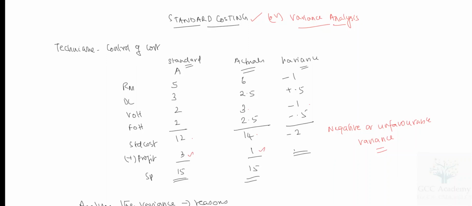And we need to analyze the reasons why this 5 rupees raw material cost has become 6 rupees. Now there are very interesting components to it. We are going to discuss this in detail. The components could be because of price change or change in quantity used, very important, or change in mix of quantity used. It can be anything. There are various reasons as to why this 5 rupees standard could not be achieved and you actually ended up at 6 rupees actuals. So that means the supplier has supplied you at a higher price where you have scope for negotiating, or you have to go for a new supplier. Or you may even think of manufacturing your own raw material at your factory if you have the capacity to produce. Not only that, the quantity usage could have changed.